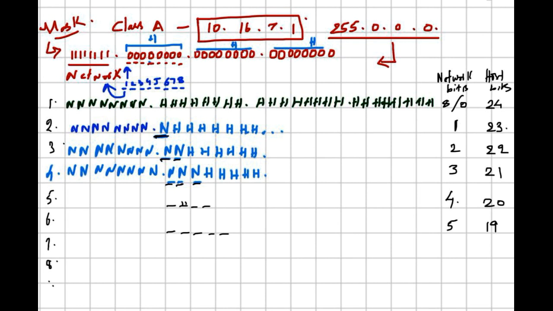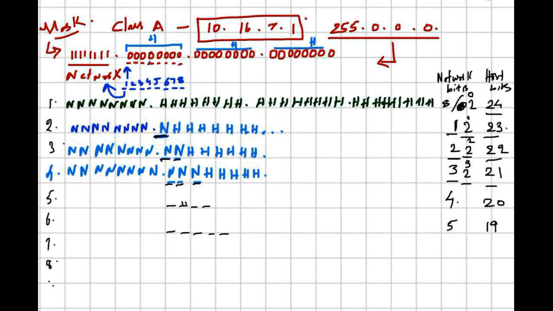you can have more subnetworks possible, because here there are 0 bits, we haven't borrowed anything, so only one network is possible. We have borrowed 1 bit from the host bits, so there are 2 subnetworks possible. We have borrowed 2 bits here, so there are 4 subnetworks possible. 3 bits here, so there are 8 subnetworks possible. So you see from this, the number of subnetworks increases and the number of hosts within each subnetwork decreases. So this is more manageable.